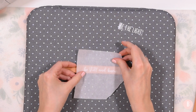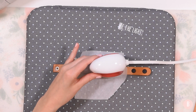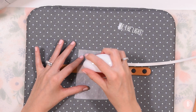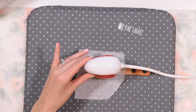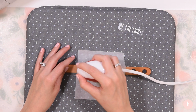Okay, so now I'm going to place just a little piece of parchment paper over my design, and then I'm going to press for 30 seconds. I'm just referring to my Cricut heat guide, and it says low for 30 seconds, constant movement and light pressure. So I'm just going back and forth,